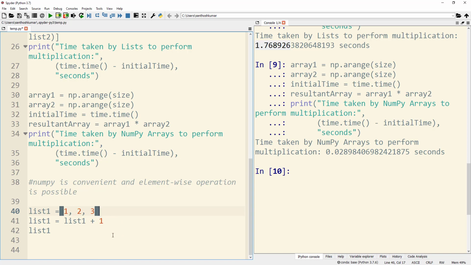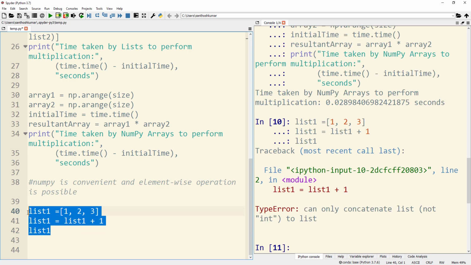Now to this list I just want to add 1 to each element. So I am typing list1 = list1 + 1, and then I am displaying list1. When I run this piece of code, obviously I am getting an error, and it says that we can only concatenate lists. So element-wise operation is not possible in the list.